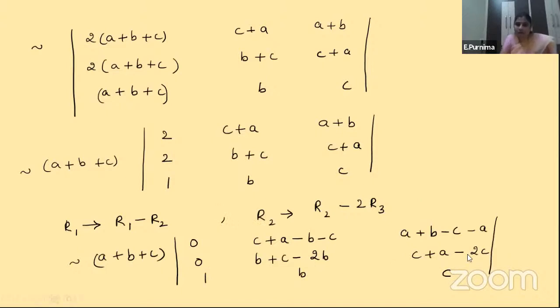Okay. Now any elements can be cancelled. Let us check. Here C and C are cancelled. Here A and A are cancelled. Yes, only that's it. So what is left here? We are left with A minus B, B minus C, and here minus 2B plus B is nothing but minus B. So C minus B, and here minus 2C plus C is minus C. That is A minus C, and the third row is as it is. So let us write that element here.